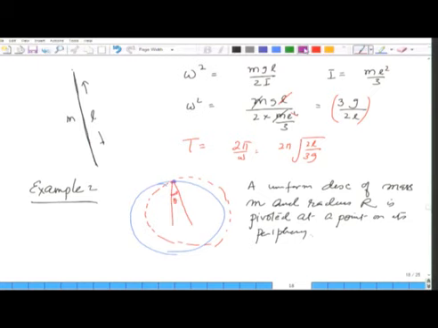So, the question is, what is the frequency of its oscillations